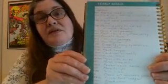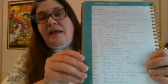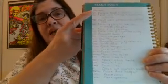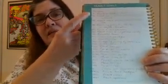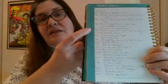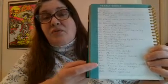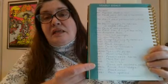I use a calendar, a date planner. This is for 2018. The first thing I do is that in the back, I make a list of all the things I want to do in my garden, sort of a mind dump of everything I want to get done. Then I go back and I put next to it the month that it needs to happen. See, most of the planting and the moving of plants gets done during May. Certain things get done during April. And then what I do is I transcribe them to the notes section in the month of the calendar, such as,